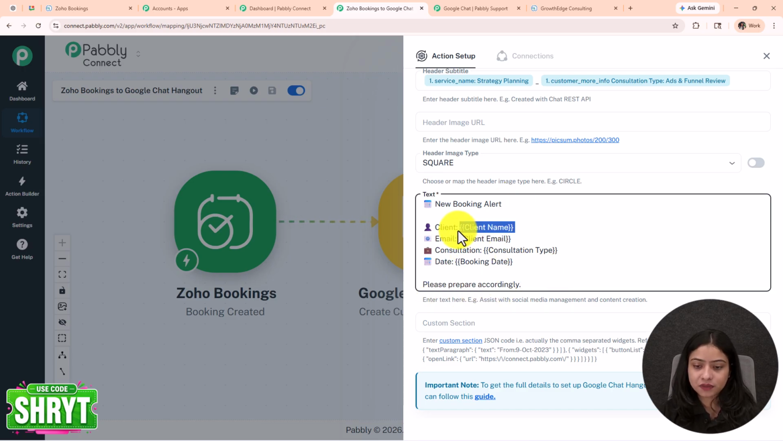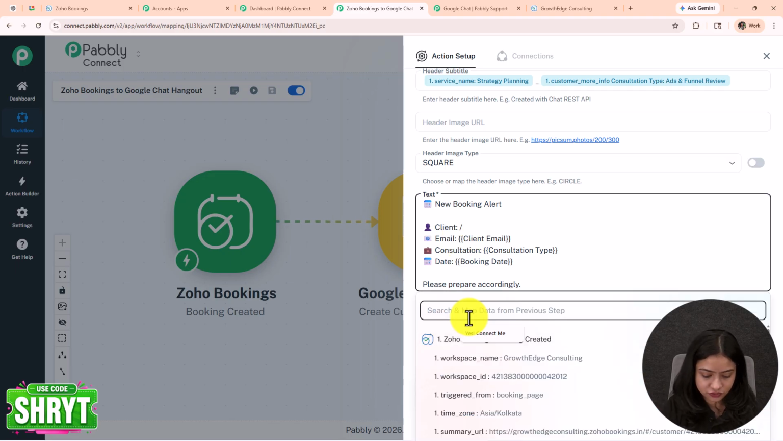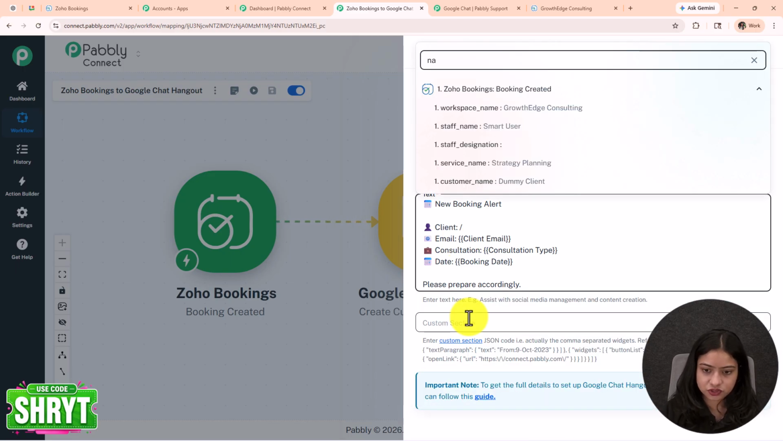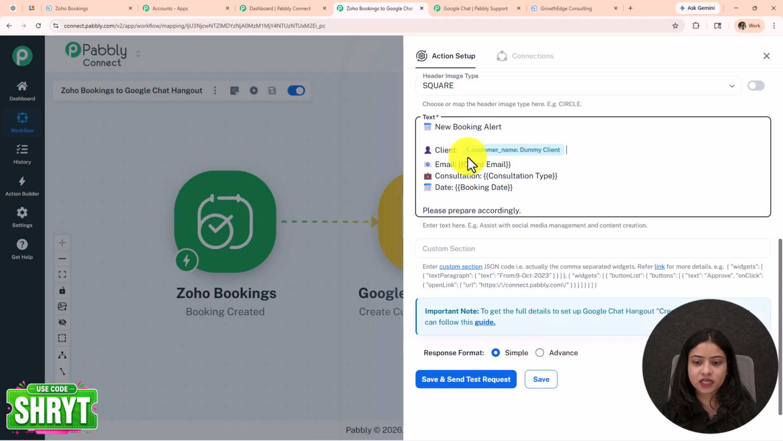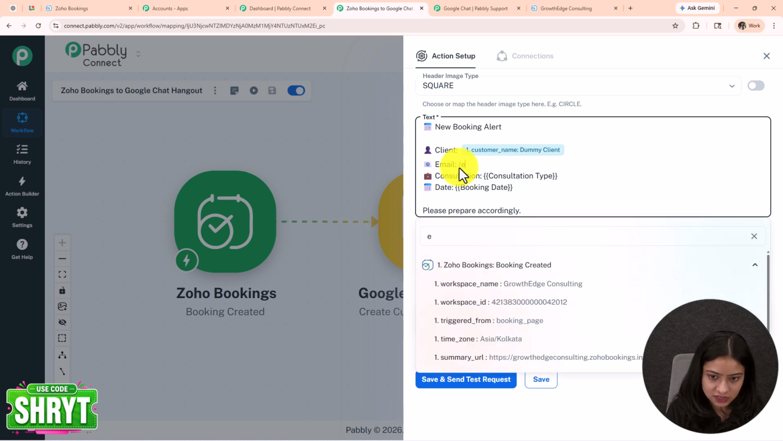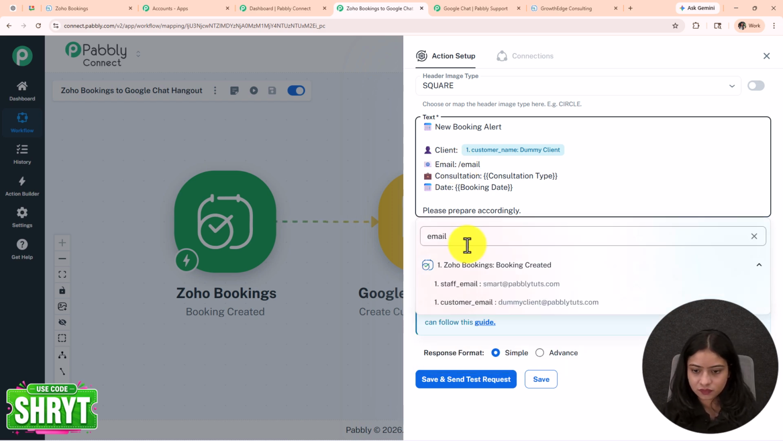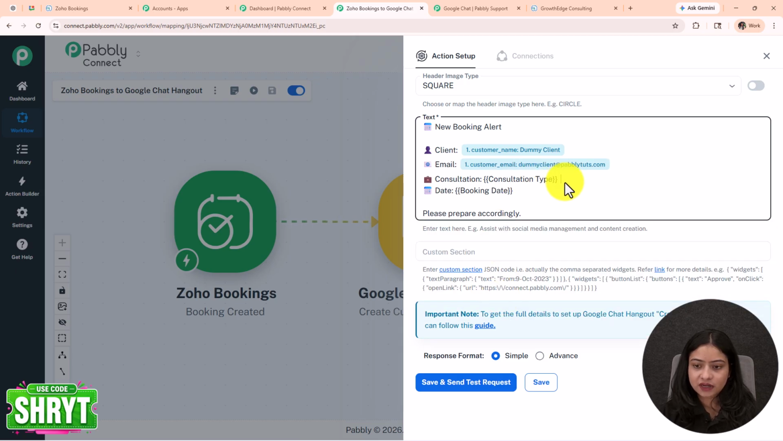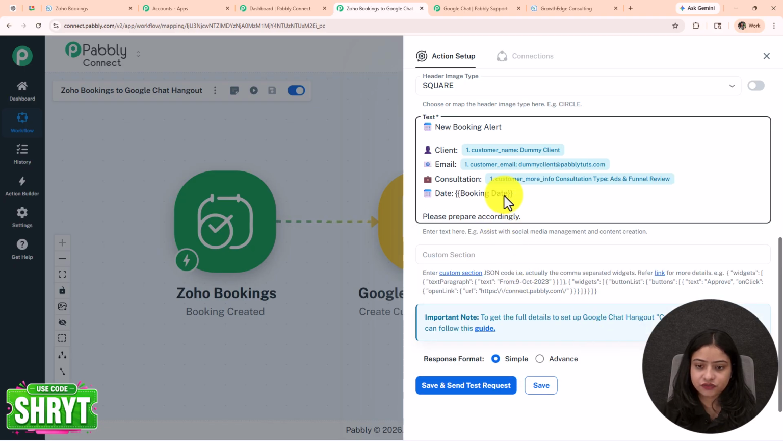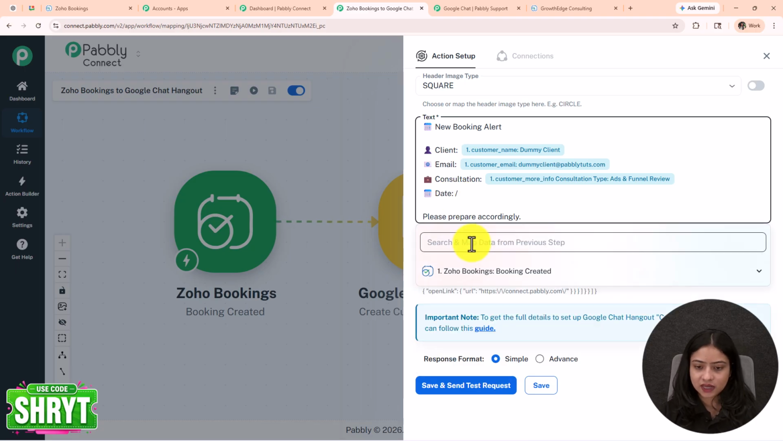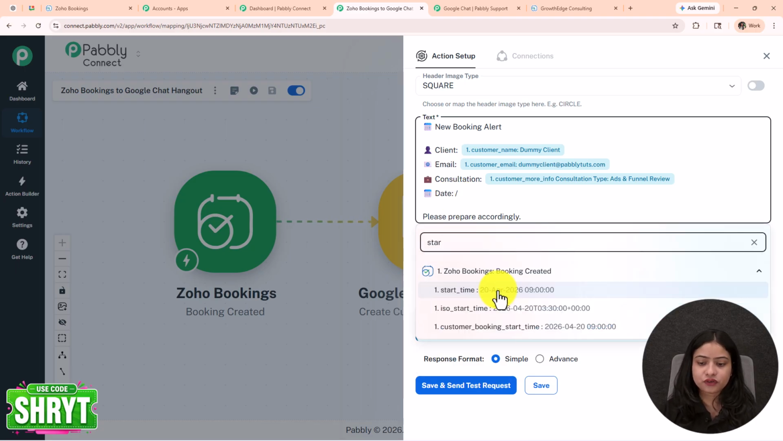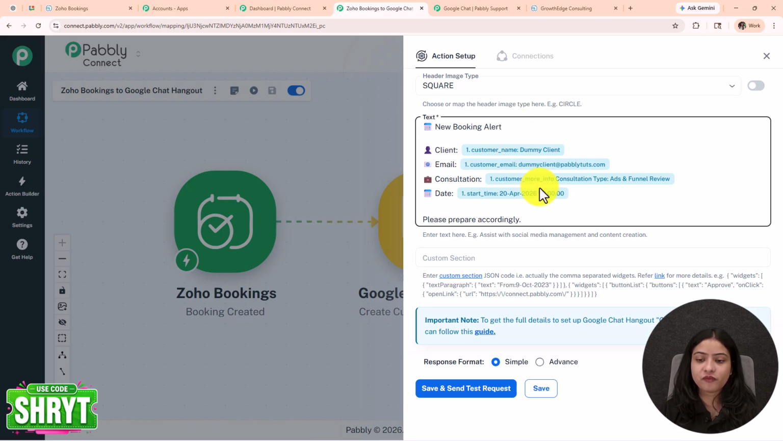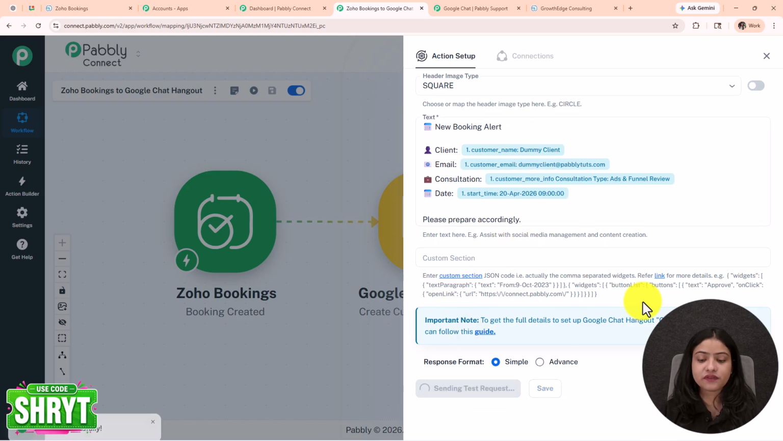Now one by one I'm going to map the details. Okay, name. First of all, let's search for name in the previous response. Here we have the name as dummy client. Then next we have the email, so let's enter slash and search for email over here. Here we have the email. I've mapped that, and now I'm going to map other details as well. Consultation type is for ads and funnel review, and now we are going to map the date of the booking, that means the start time. Start time is 20th of April, 9 a.m. Okay, so here we have mapped all the details, and now let's click on save and send test request